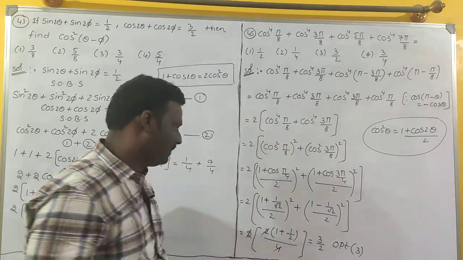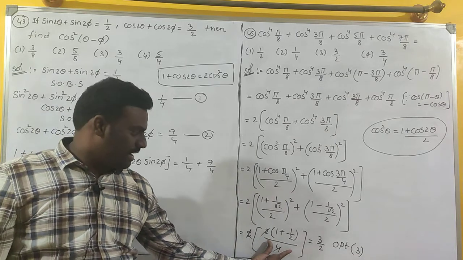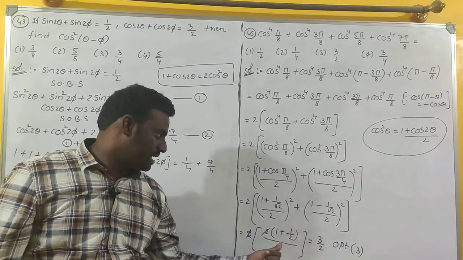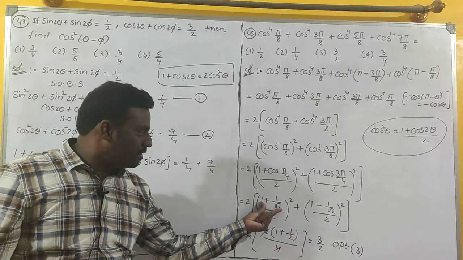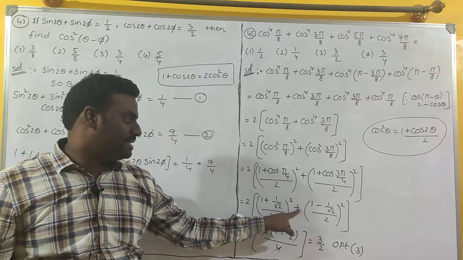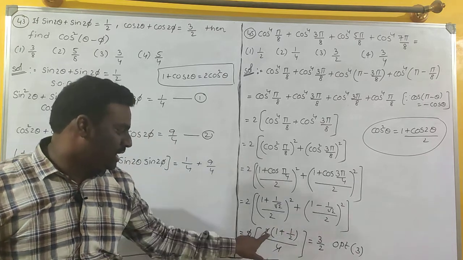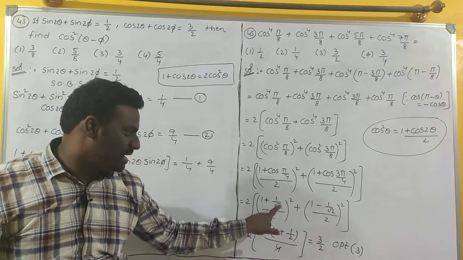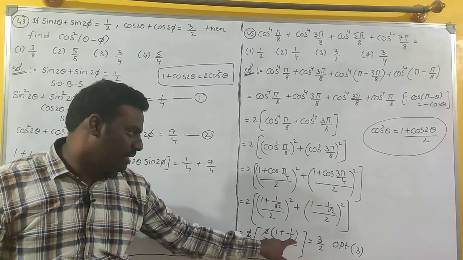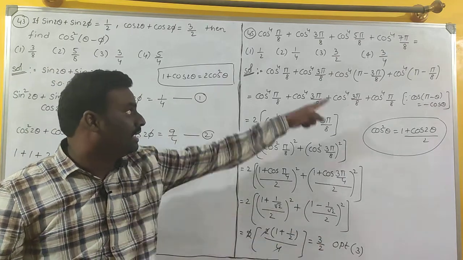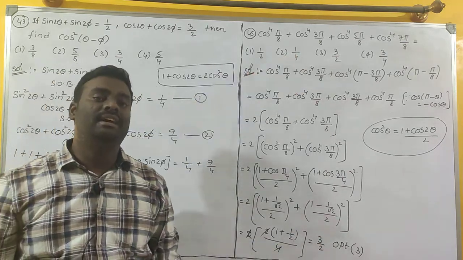Students, listen. Here, how did I write this directly? 2 square, 4 is the LCM. This is (a plus b) whole square. This is (a minus b) whole square. (a plus b) whole square plus (a minus b) whole square is nothing but 2 times (a square plus b square), which means 1 square, 1 plus b square, 1 by root 2 whole square, 1 by 2. Now 4 and 2 cancel. Now 3 by 2 is the answer. That is nothing but option 3 is the correct answer.